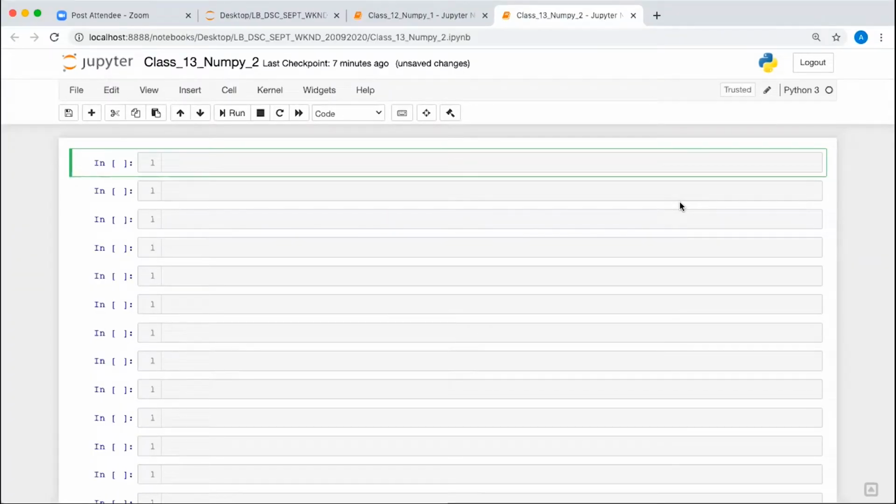So what we did, we saw all the mathematical operations, addition, multiplication, and then we saw the dot product. So we were supposed to start with the compound assignment operator. So let's define two arrays. We are going to have array 1 is equal to, before that we need to import numpy,